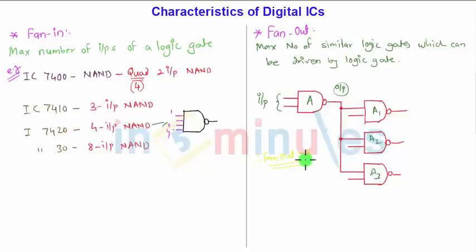Now it is always desirable to have a high fan out, because the advantage is that it reduces the number of additional drivers. Means what? If I need to drive all these 4 NAND gates, it will not be convenient to have 4 drivers to drive each and every NAND gate separately. But due to the high fan out, that is fan out 3 here, only one NAND gate is driving the other 3 NAND gates. So one point is very important, that high fan out is advantageous. So that's all about the fan out characteristics of a digital circuit.